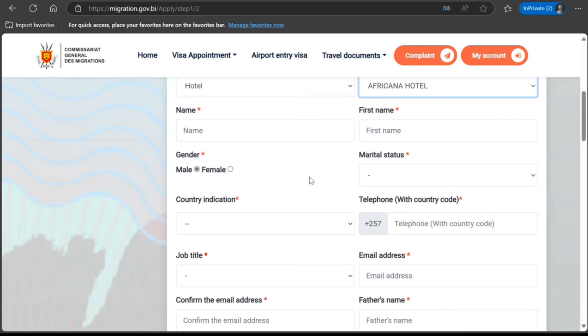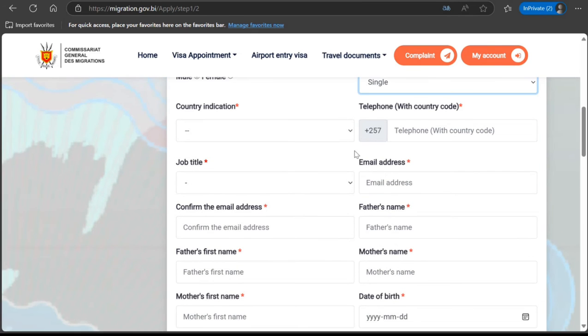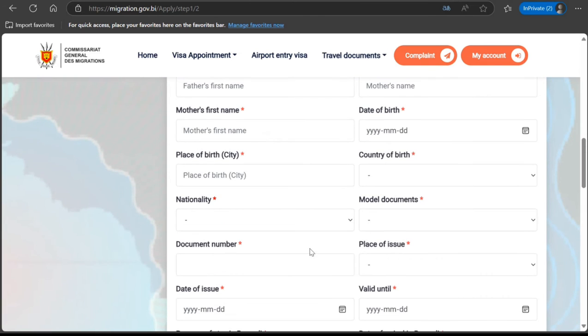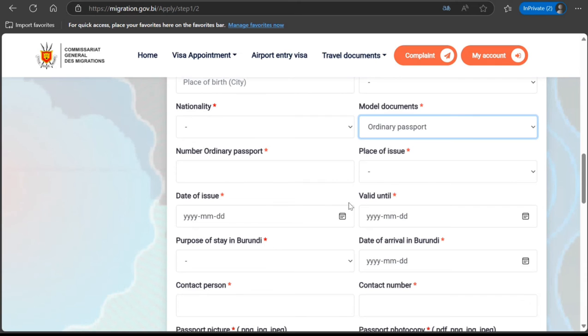Name, first name, gender, marital status. I'm just selecting some sample, but do it as per your own case. Country, phone, job title, email address. Email address is very important because that is where the certificate will be sent. Then parent name, mother's name, date of birth, place of birth, country of birth, nationality, type of document. In most cases, it's going to be ordinary passport, place of issue, date of issue,